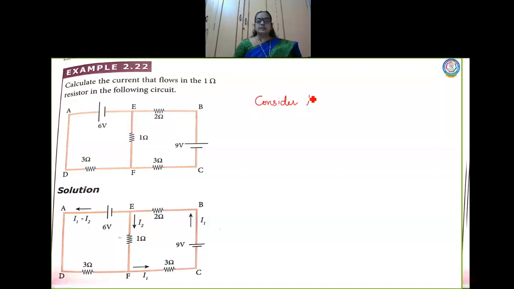Consider the loop E, F, C, B, E. Whenever you write the loop, where you are starting, there you should end. Remember that in your mind. Okay, so let us solve. Start from E. What is the direction of current here? It is I2. My direction and the direction of current are the same. What is the value of resistance here? 1 ohm. So it is simply I2 into 1,